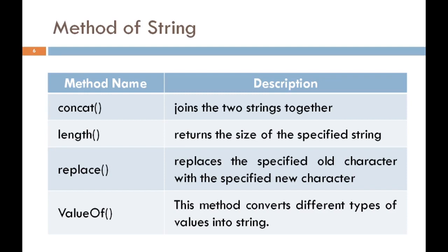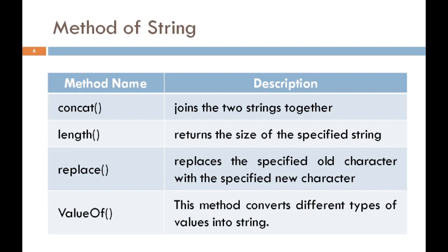The next method is replace. The Java string replace method returns a string replacing all the old characters or character sequences with a new character. That means replace substitutes the old character with the specified new character, putting the new character in place of the old character. Suppose I have one string "hello" in which I want to put I instead of H. So it will replace all occurrences of H with I. So this is an example of replace.